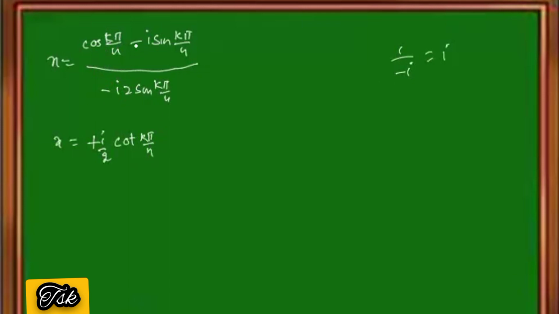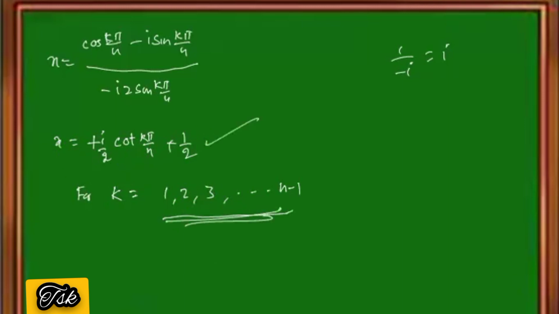Next, when you divide these two things, minus i gets cancelled. We remain with only 1 by 2. So this is the real part, this is imaginary part. Therefore, the roots are for k is equal to 1, 2, 3, so on up to n minus 1. I'm not writing 0 here since cot 0 becomes infinity. So it contains only n minus 1 roots. So for k equal to 0 the root does not exist here since it becomes infinite. Okay, these are the roots. For these values, it will have roots.